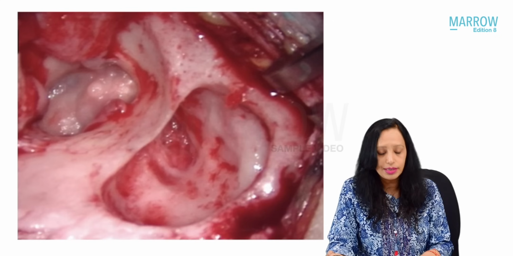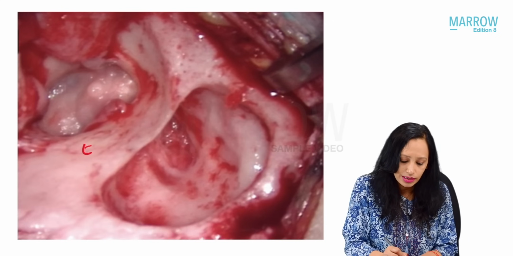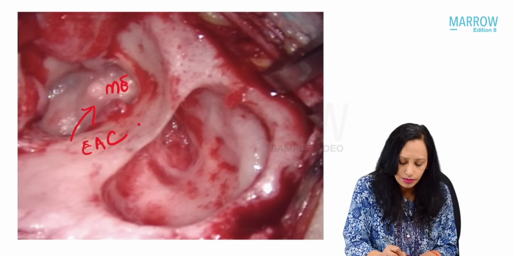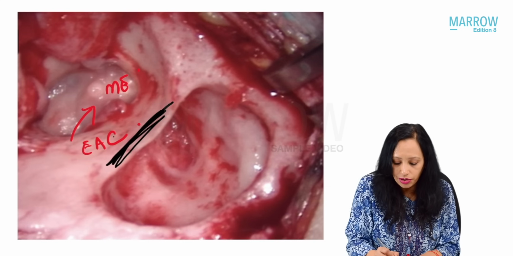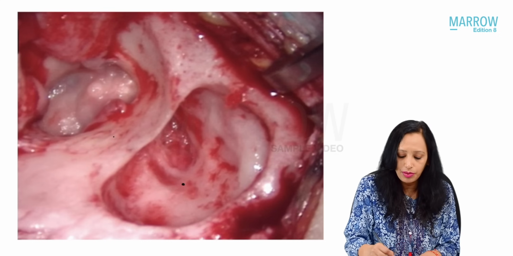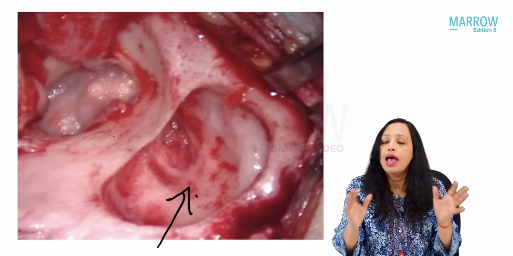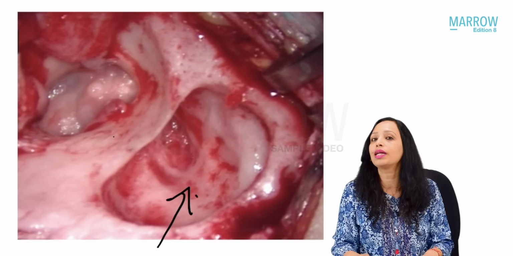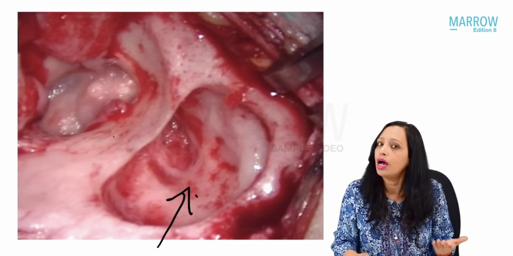Okay, so now let us see this picture. Here the patient is lying down. Here this is the external auditory canal. When we go further medially, this is the middle ear and this is the common wall between the external auditory canal, behind which we have the mastoid. Okay. So, now you tell me what surgery I am doing. I have just drilled the mastoid and we can see it is now a single air-filled cavity, removed all the pus from that. What is that surgery? Simple mastoidectomy, cortical mastoidectomy done for acute mastoiditis.